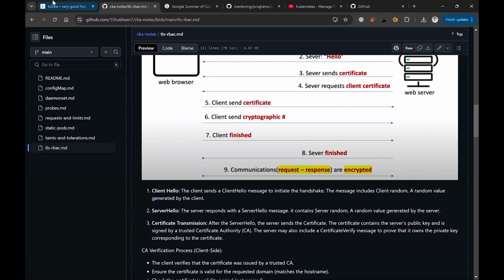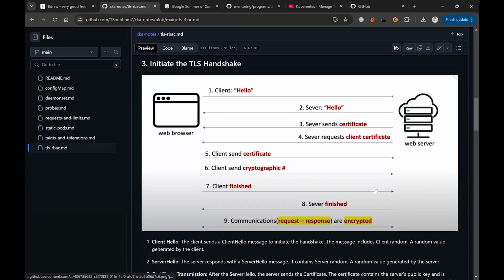So we'll look into this in this diagram. Let me show you just the basic overview. The client sends hello, the server will send a hello message, server will send a certificate, and server will also request for client certificate. The client will send a certificate, and then the client sends this cryptographic hash value, and the server is finished,